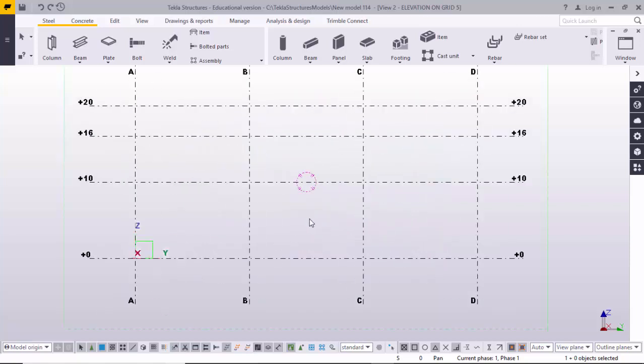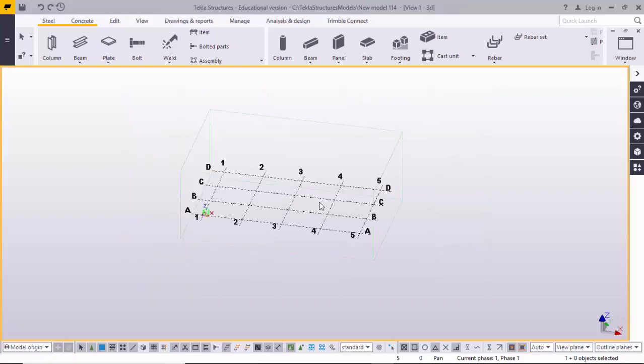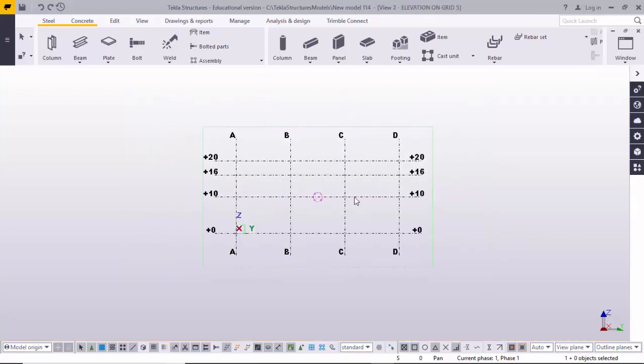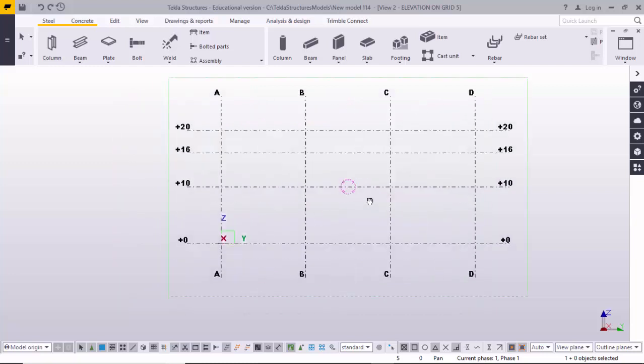You can use a shortcut to shift the window views: Control tab. Press Control tab to see the 3D window, and again Control tab for the elevation on grid file, to activate the windows. Okay,